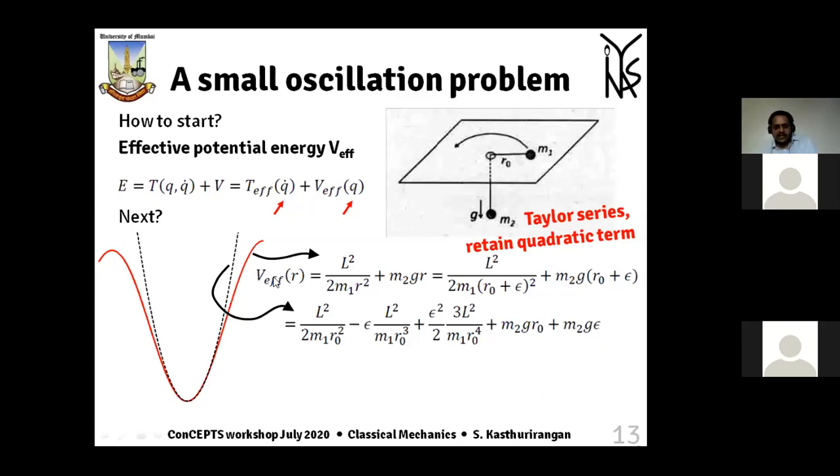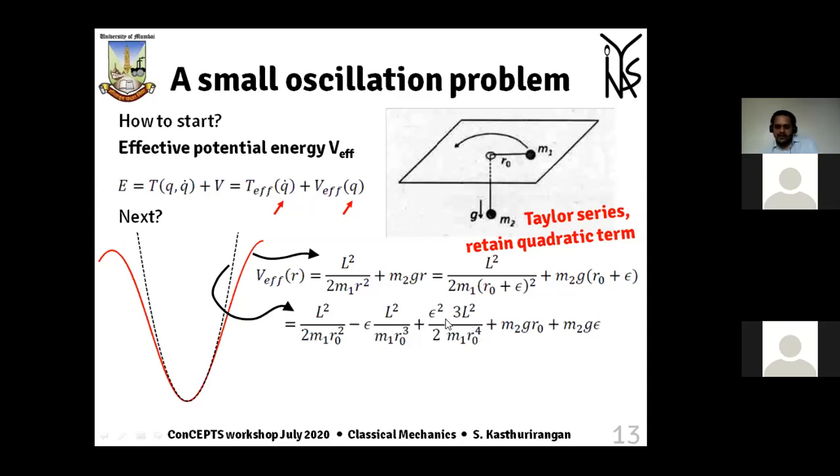So suppose the effective potential energy looks like the red curve. I have not actually plotted this, it is just a toy curve to illustrate that the effective potential mimics the actual potential close to the equilibrium position. You are already told that epsilon is a very small perturbation from R0, so you are justified in taking this particular approximation. And this dotted black curve is nothing but only the third term. Everything else is removed. So the total equation of motion becomes half m r dot square plus this potential.